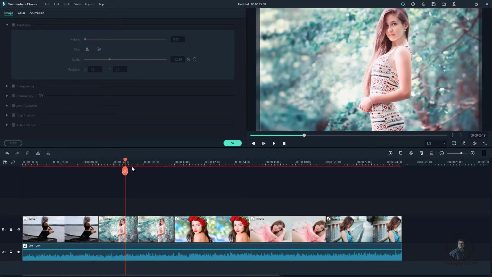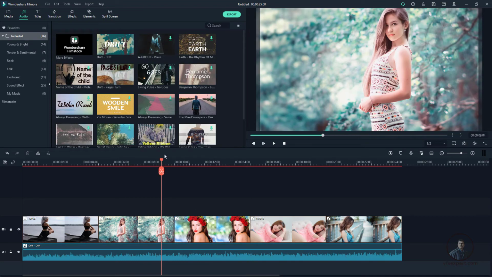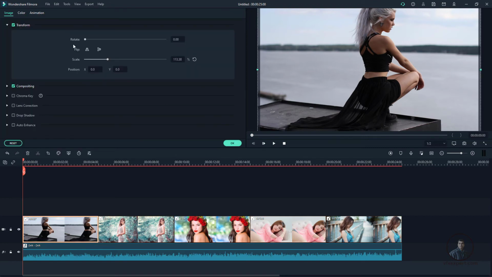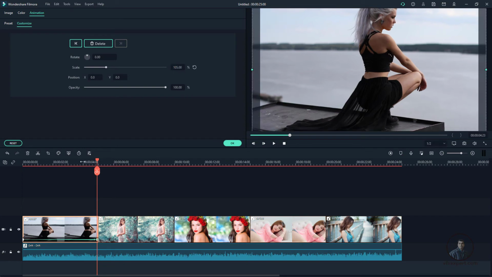So whatever you want, you can adjust. Maybe a little bit this one here. So it's simple, you can also scale manually. This totally depends on you. Then press OK. Now I am going to create some animation for these pictures. Select these pictures, double click, then animations. Now add key here, then come to the last frame, then add another key and adjust the scale a little bit here. So maybe 100.5. Now play and check here.